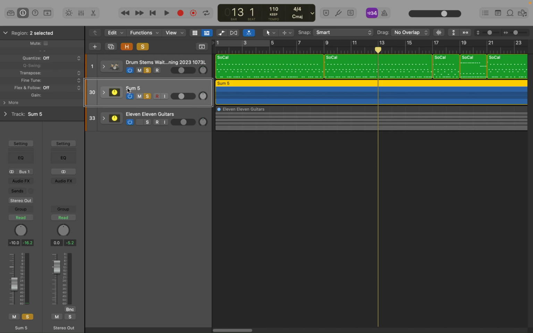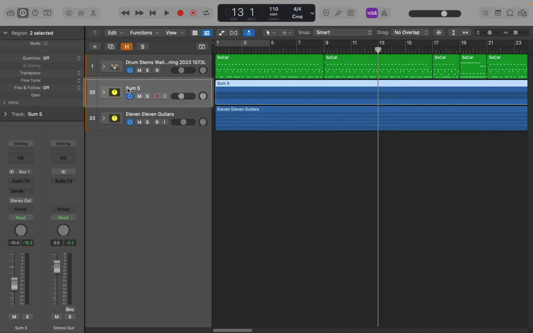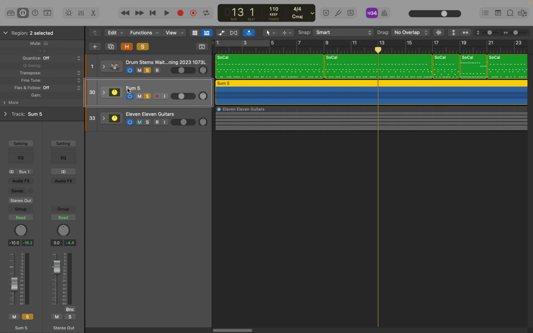And if I press Control-Option-Command-S, Clear recall solo, it unsolos them. But this is actually a little bit more useful because if I press Control-Option-Command-S again, Clear recall solo, it goes back to having those two tracks soloed. So it's actually quite useful because if you're working on something where you have a number of tracks